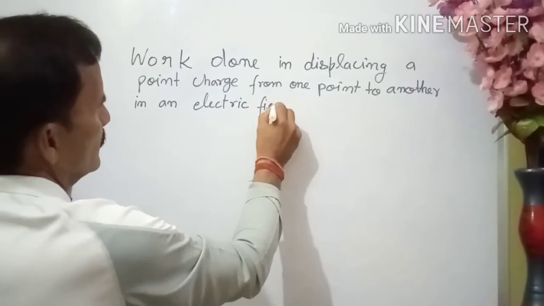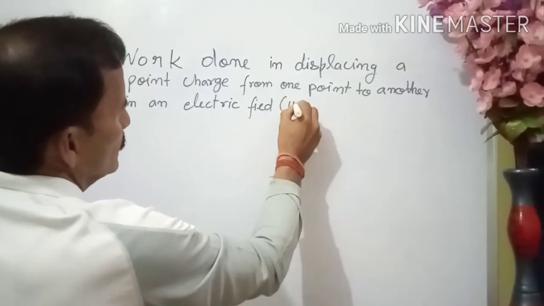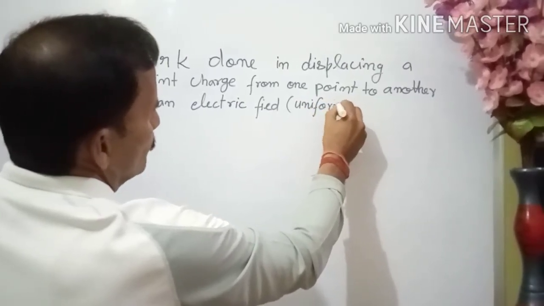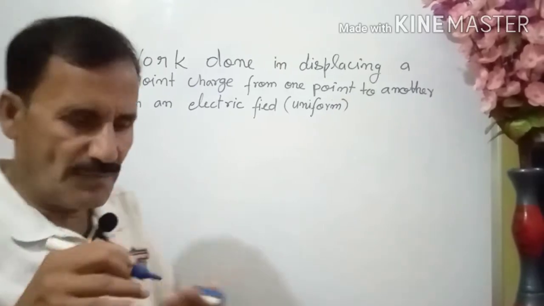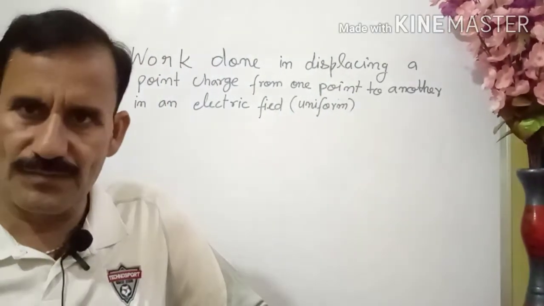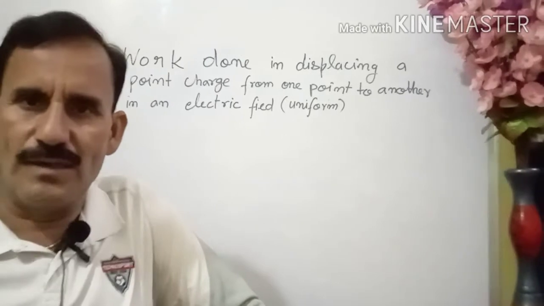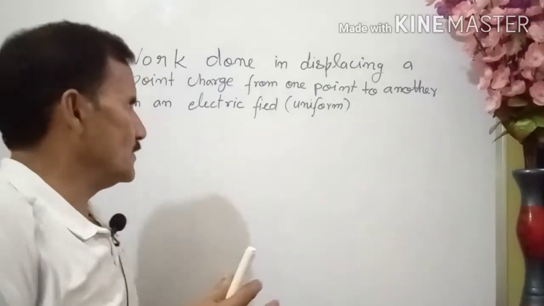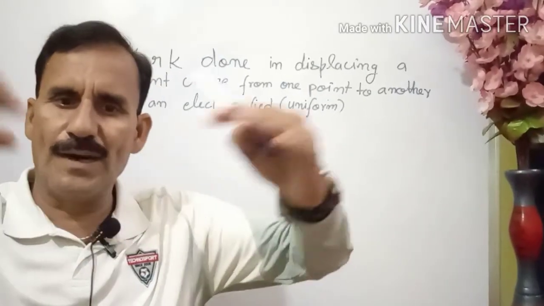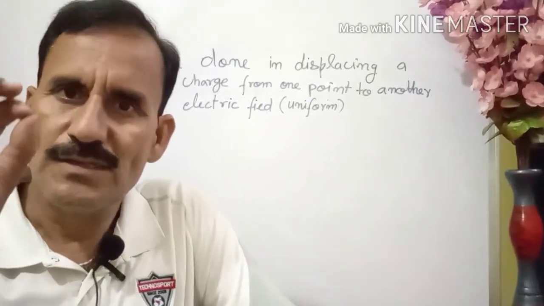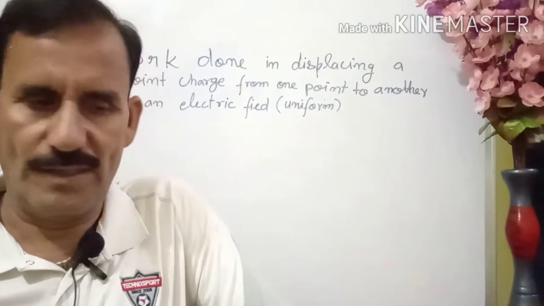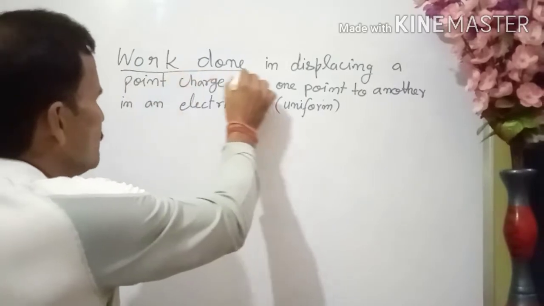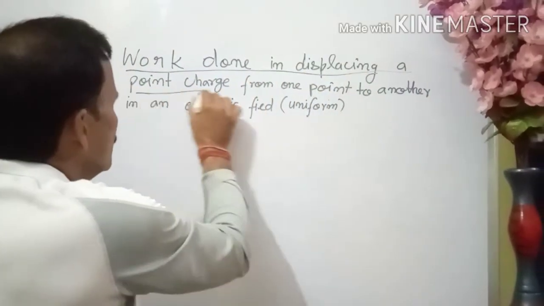We are only dealing with a uniform electric field. So always remember, whenever we are talking about the electric field here in your class, then you are talking about the uniform electric field. Uniform means the magnitude of the electric field is the same at every point. Then only this formula holds. So this is a big one, no doubt.